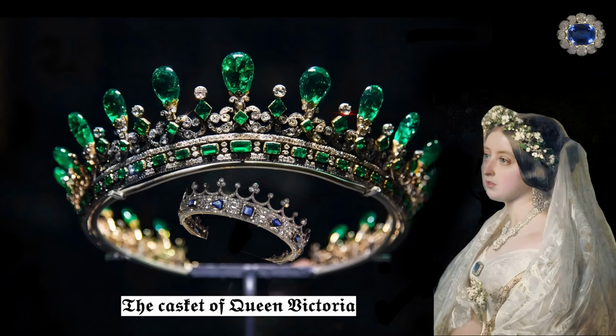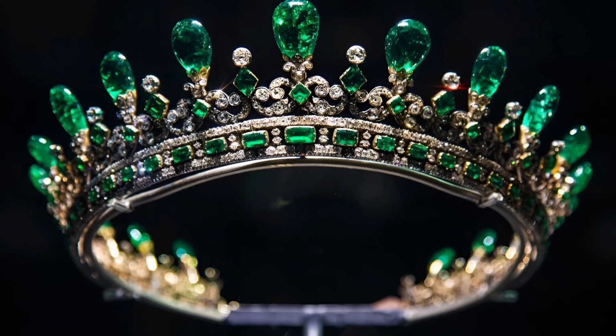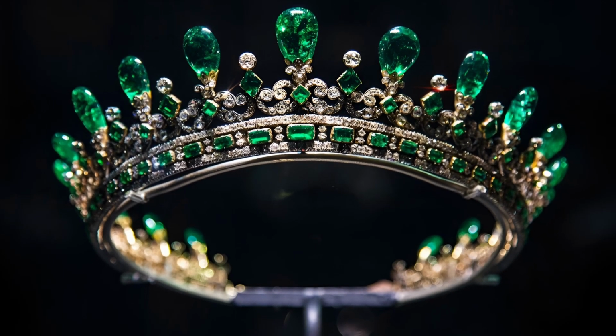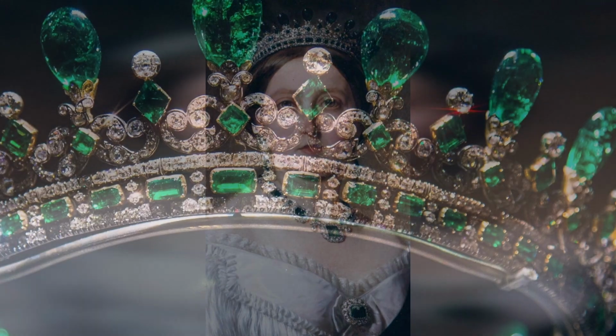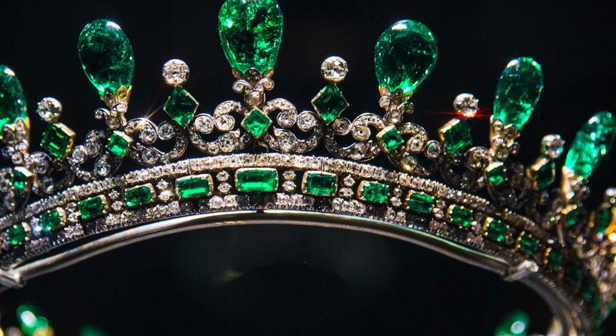The casket of Queen Victoria, the emerald tiara of Queen Victoria. This elegant tiara was the finishing touch in the emerald parure of Queen Victoria. It includes a necklace, earrings and corsage jewellery. Victoria's birthstone was an emerald, and her husband, Prince Albert, who loved to design jewellery, decided to assemble a complete